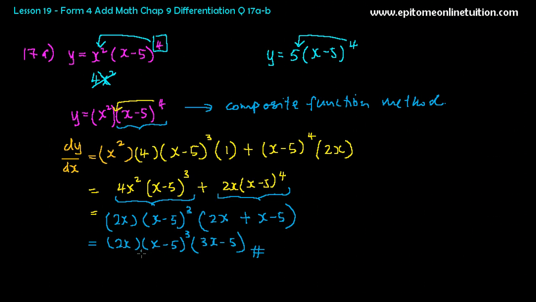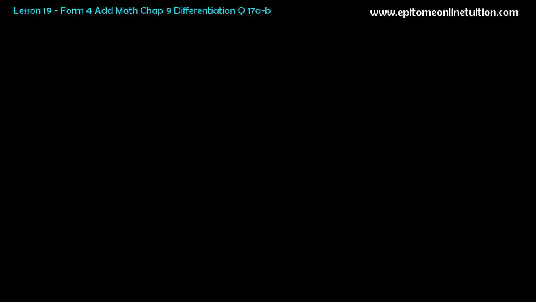Alright, so let's try 17b. 17b is y = (1 - 2x)(3x + 4)^5. So again, this is the product rule, right? Something times something. So you have to find dy/dx